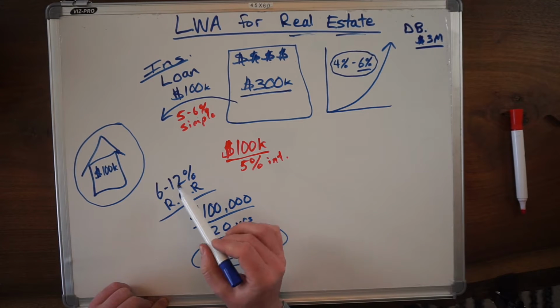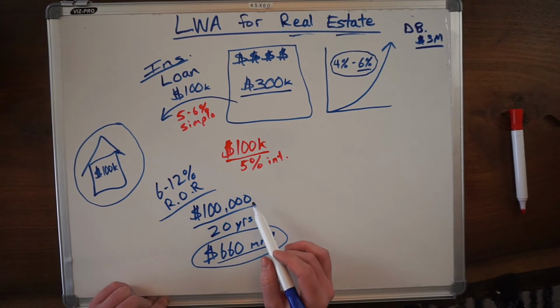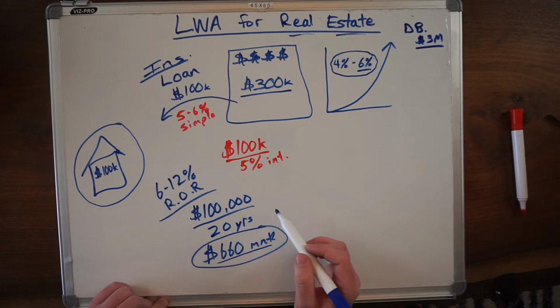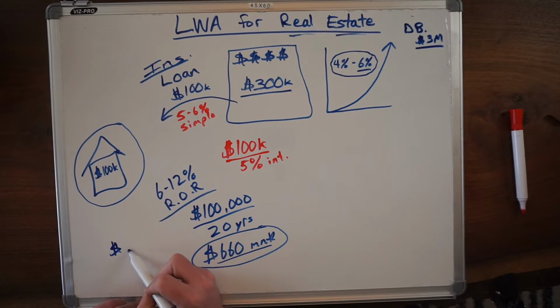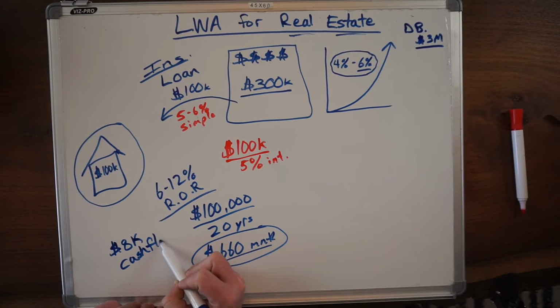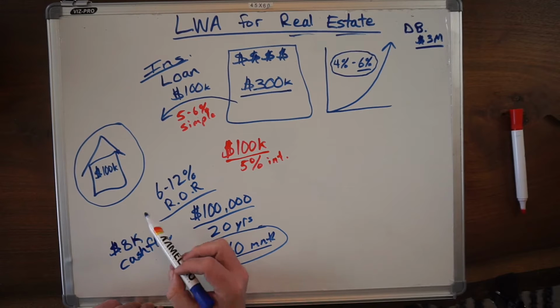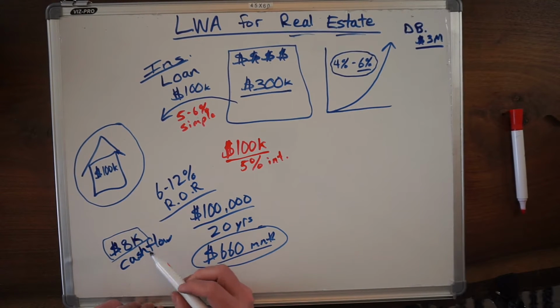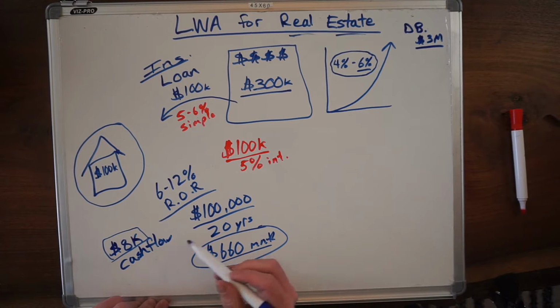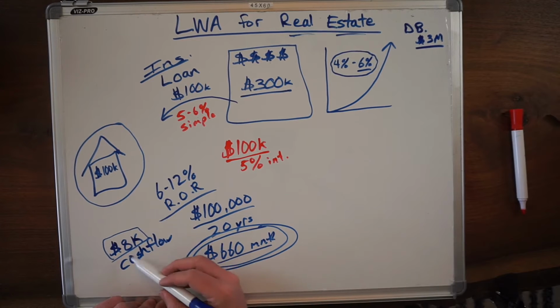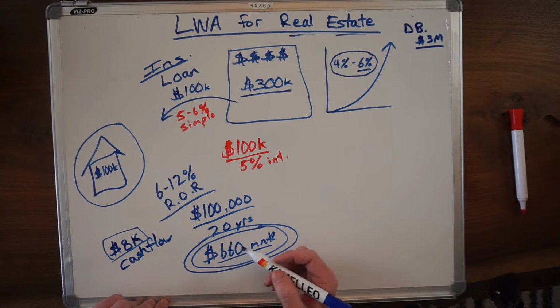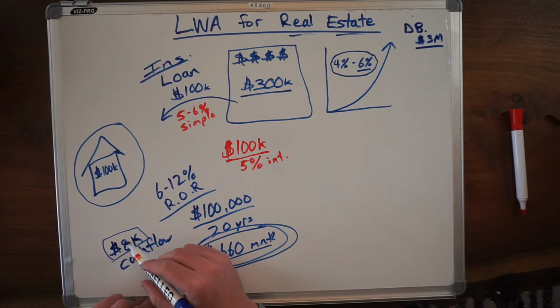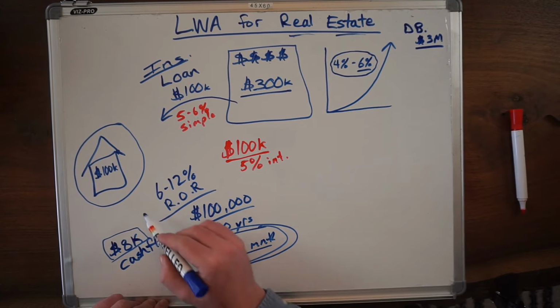So let's just say fictitiously that I'm going to make an 8% return on this rental property, which is about $8,000 a year, right? $8K in cash flow per year. So what a lot of our real estate investors will do is take this $8,000 and, with every payment that they get from their renter, use that to pay back this policy loan. So I think that's like $600 and some dollars, 670 or something like that. They'll use the 670 in cash flow from this property to pay back